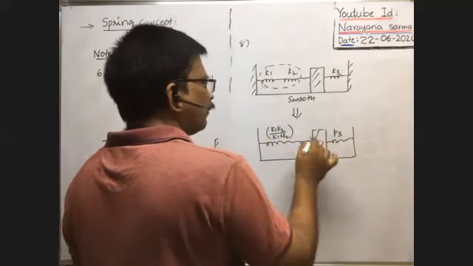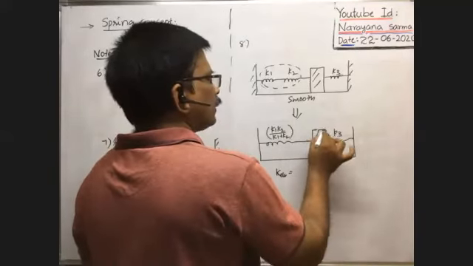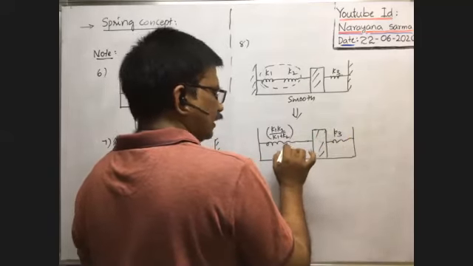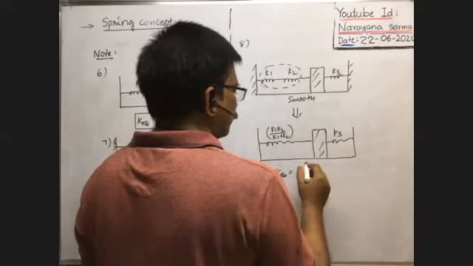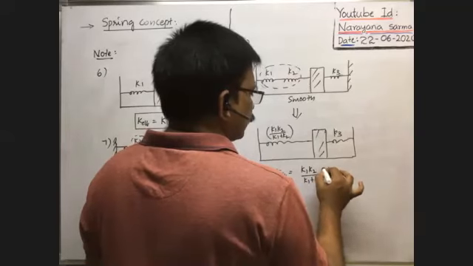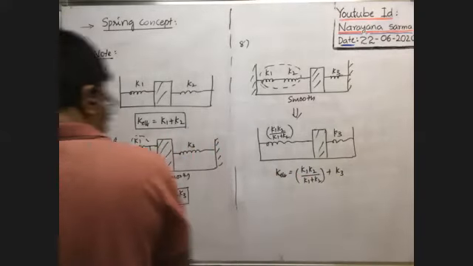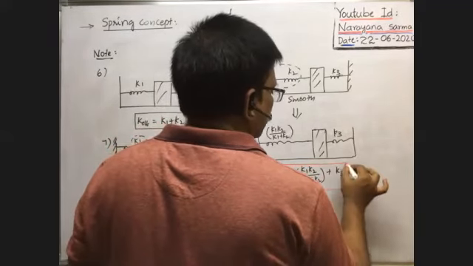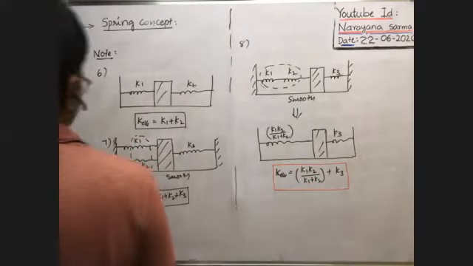Now whenever these two are connected like this, whenever it is displaced by a certain distance, compression takes place here by the same amount and extension takes place in this spring by the same amount. That's why these two are in parallel. Whenever these two are parallel, the effective spring constant is this plus this. That's why K1 K2 by K1 plus K2, plus K3. This is the effective spring constant in this case. In this way we can write. Right. Next note point.